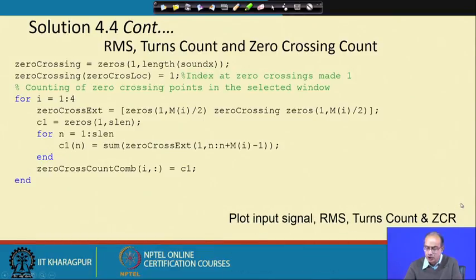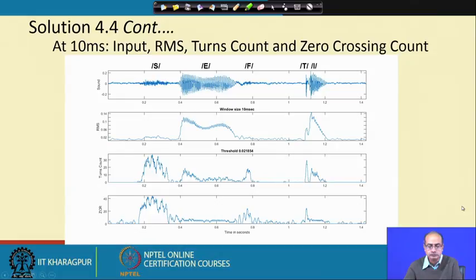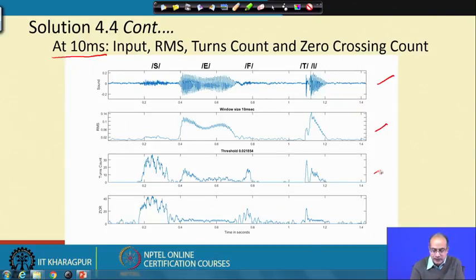Now, next we plot these signals for that input signal, the sound we are giving here. We have taken a 10 millisecond window, that is 80 samples. For that, the RMS, turns count, and ZCR are given. What we notice